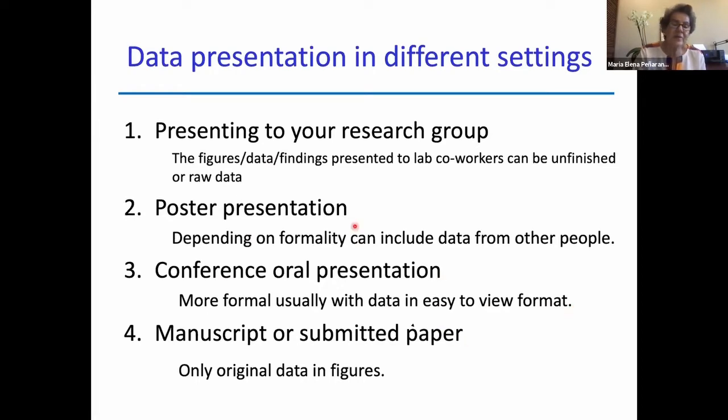These are all pre-publication or can be done simultaneously to a publication. You can present a poster, you can present orally in a conference, and it is still not public, not published. It's still new data, and then you submit it in a manuscript, a paper, with original data and figures